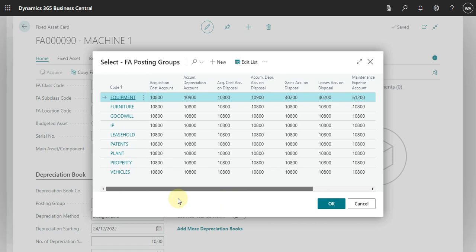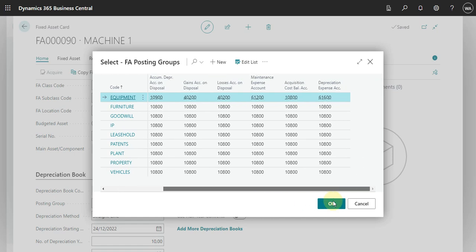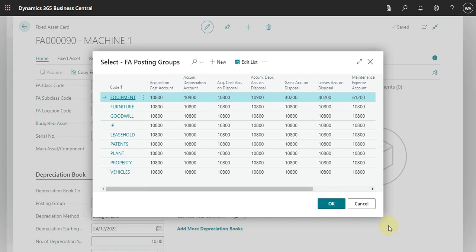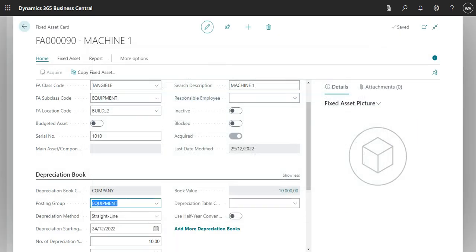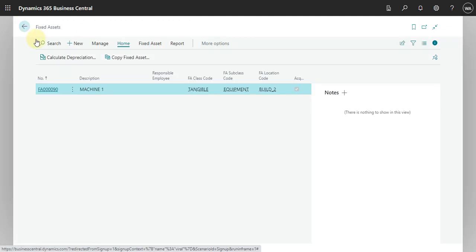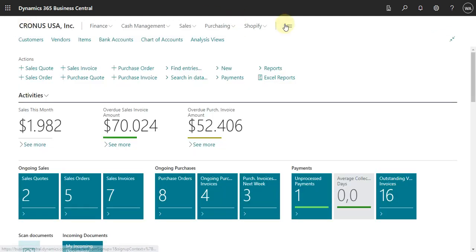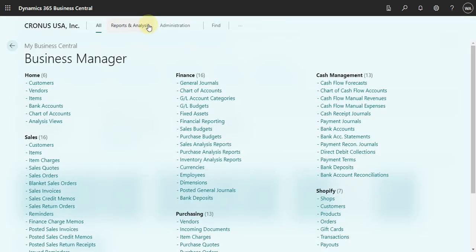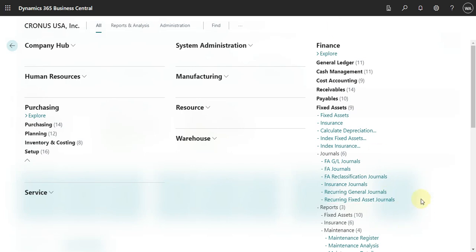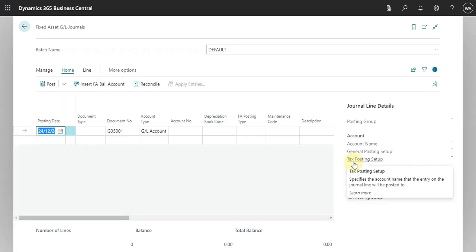You can also post this via purchase invoice, but in this case we will do this via fixed asset journal. So let's go here. Let's go to the fixed asset journal. Click in explore more, and you have here the fixed asset GL journal. Okay, so here I will add the